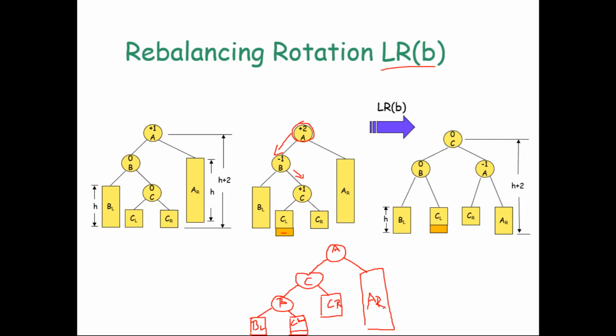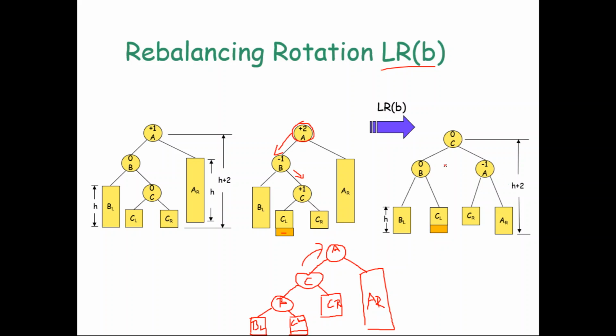But again, if you see, this tree is still not balanced. We have performed only the left rotation. So once again you have to perform a right rotation. When you perform the right rotation, A will come down. C will become the root. So this is the resultant tree. C will become the root of the tree, and A will come down.